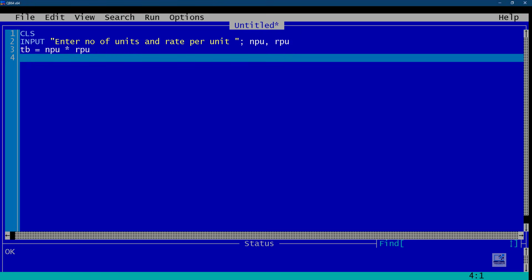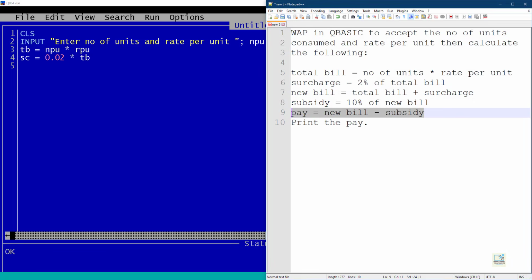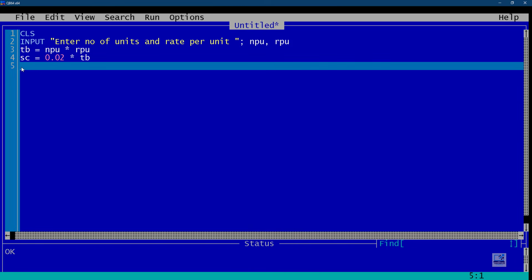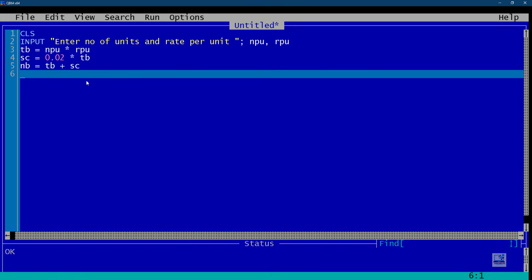Then after that we need to calculate surcharge 2%. So surcharge we can write SC, 2% you can write 0.02, or you can write 2 by 100 multiplied by total bill. Then we need to calculate new bill after adding the total bill and the surcharge. So new bill NB equal to total bill plus surcharge.